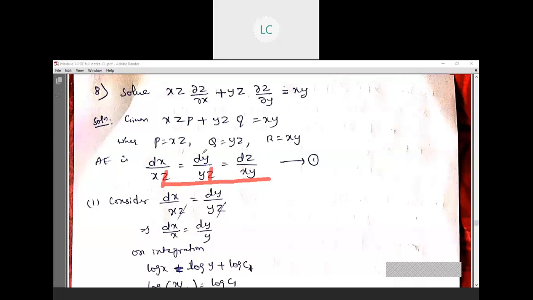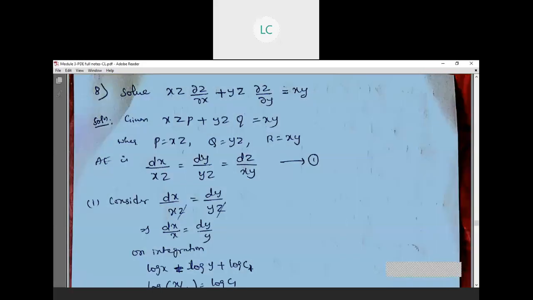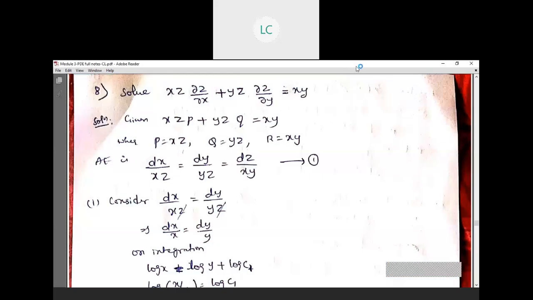Now, by using second and third term, also we can make a pair. See, y we can cancel. Sorry, we can't choose the second pair, right? Because first and second term becomes the first pair, and if we observe second and third term, see guys, we need only y and z terms, right? Here also we have y, here also we have y. Suppose if I cancel y, we don't have z, x derivative, right? So we can't make this a pair.